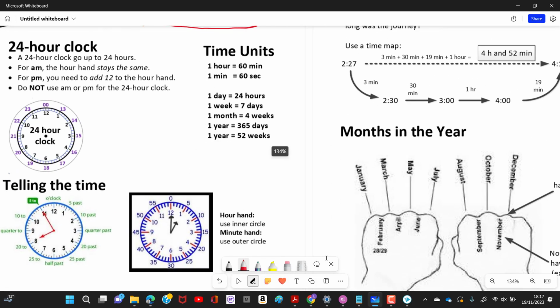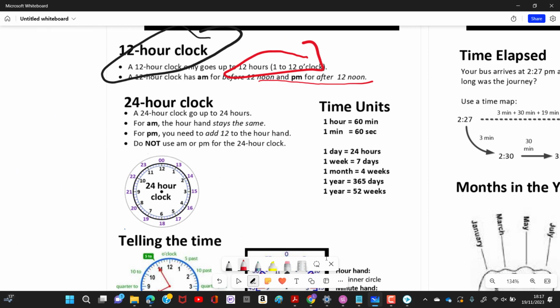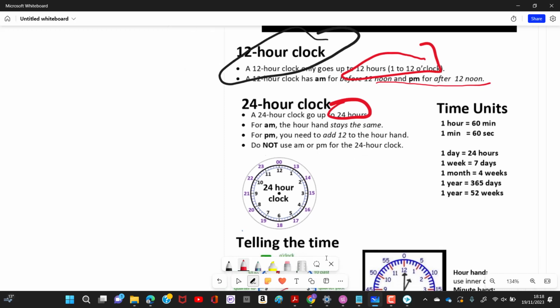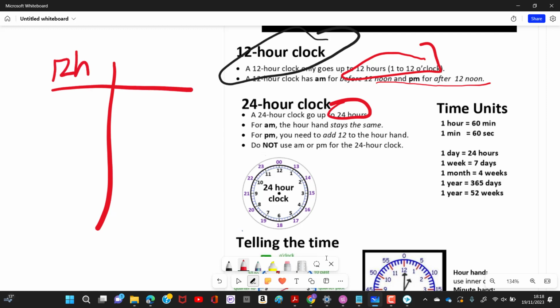Okay, let's move on to the second issue, the 24-hour clock. The 24-hour clock goes up to 24 hours, as written there. If you want to convert something from a 12-hour clock to a 24-hour clock, AM stays the same. So if I was to draw a table, 12-hour, 24-hour, and so let's say it's